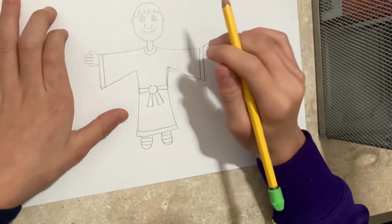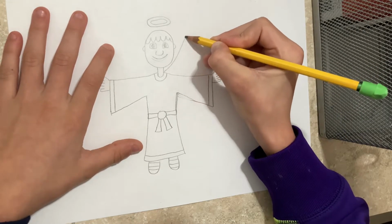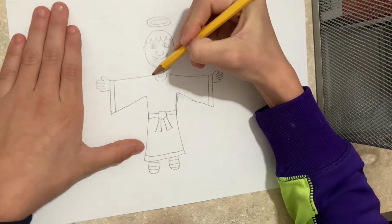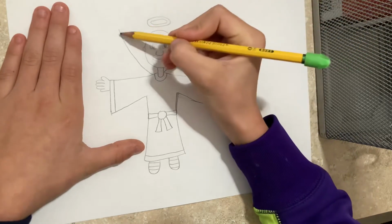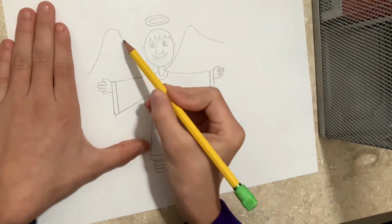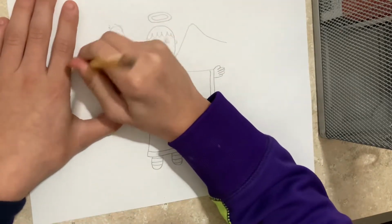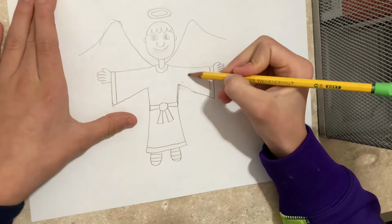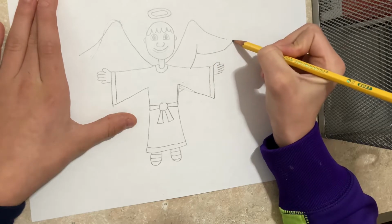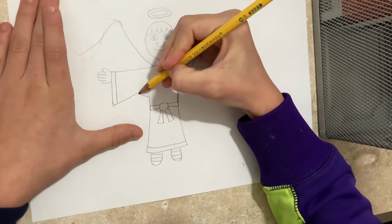Okay, so now this is the hardest part for me, the wings. So what you're gonna wanna do is go up like this, and then I'm gonna try and go down like that. Try and do it on the other side, almost like a triangle but kind of rounded like this. See, they're not quite symmetrical. Okay, so I'm just gonna do this, and then I'm gonna just keep drawing until it seems to